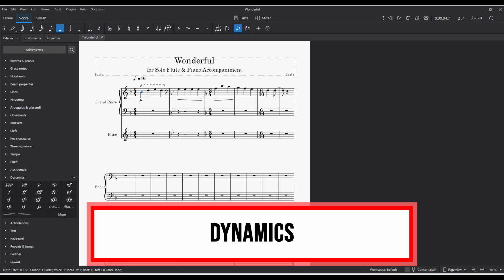That's it. That's for today. I hope this quick tutorial will help you to use Musescore 4